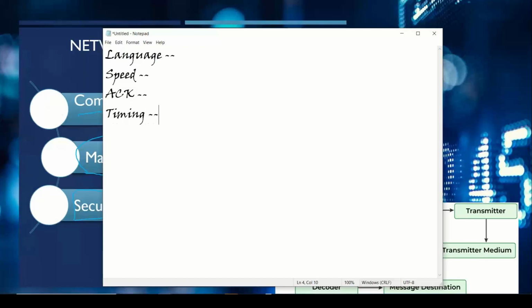And you cannot just keep sending packets without proper timing control. There should be flow control, how much we are sending, and there should be a timeout also. If the receiving system or the other end is not available for 1 hour, 2 hours, then you cannot keep all the messages stagnant or waiting on the network, right?